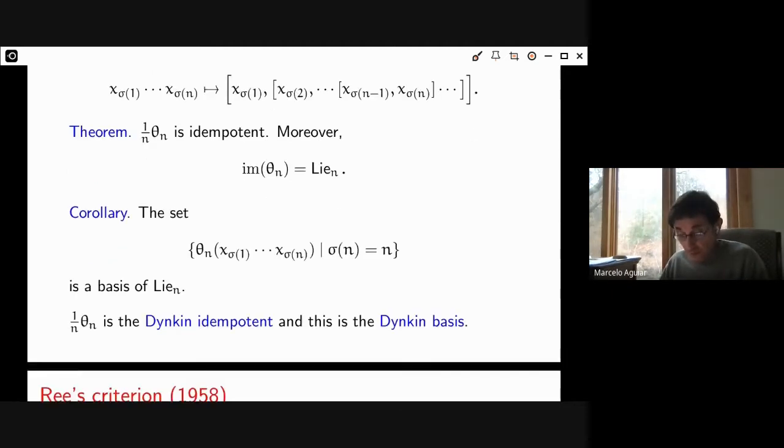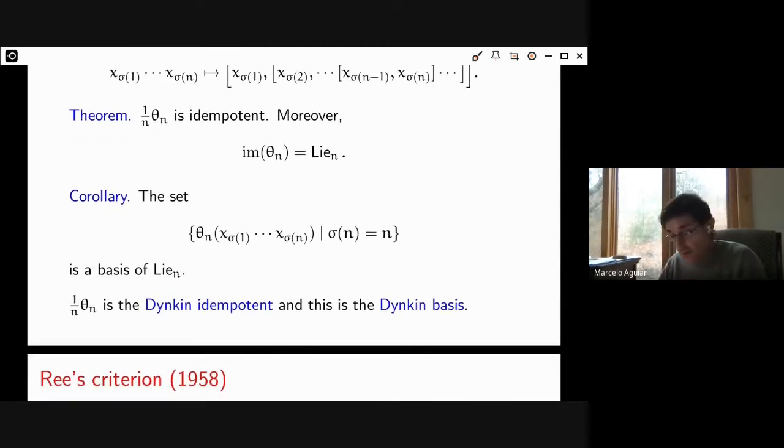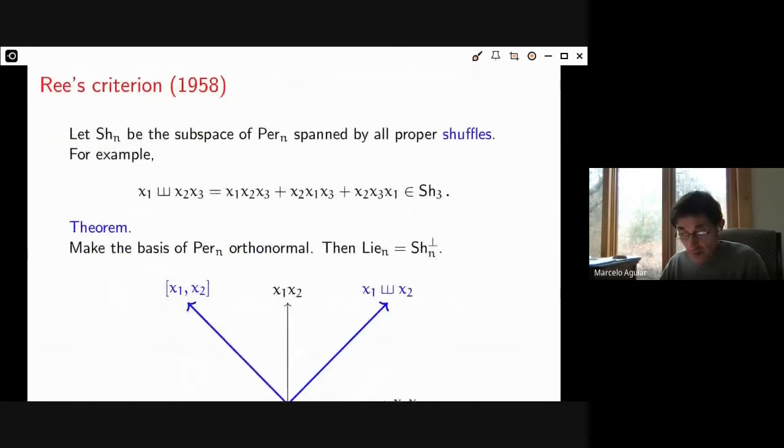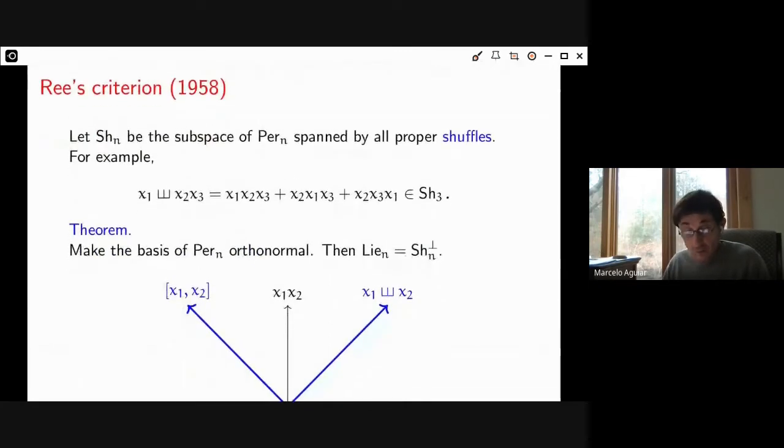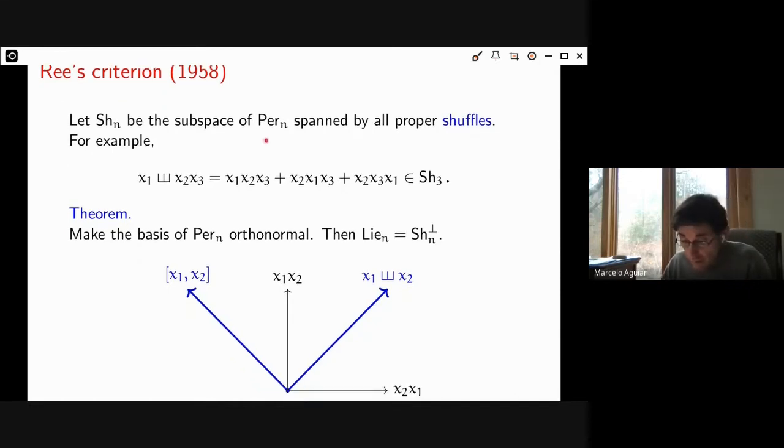This is one aspect of free algebras that we are able to extend to hyperplane arrangements, which will come later. Another aspect is Ree's criterion, so these are all results from the mid-20th century. Ree's criterion is the following. What I'm going to do is look at the space Per n, and inside it, I'm going to look at